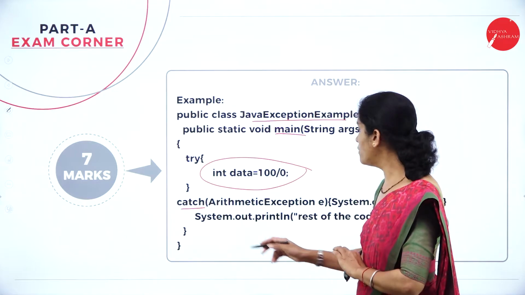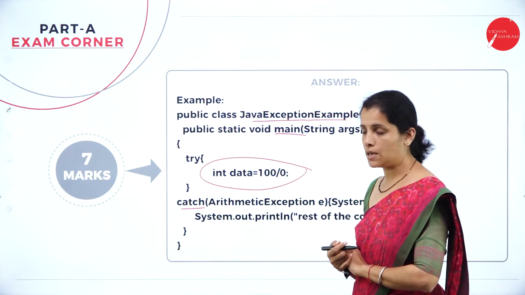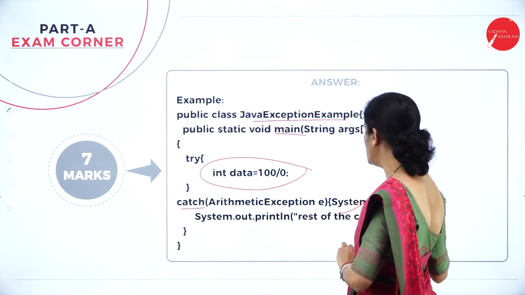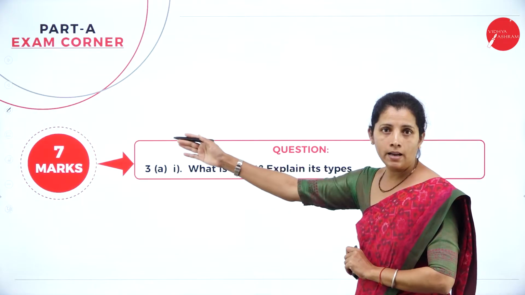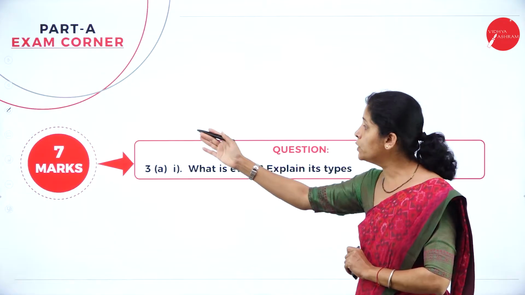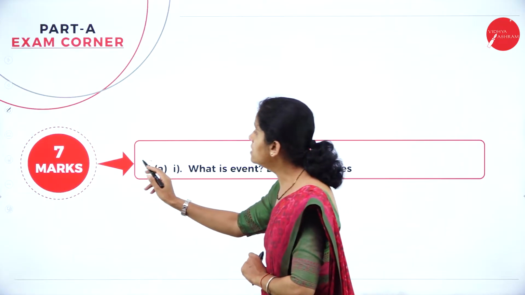So what kind of error? Arithmetic exception E, and I'm trying to display the error. Okay, now if I consider third unit, see here, third unit,